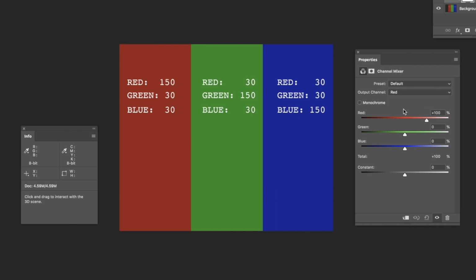So let's keep this in mind. When you're in the red output channel, you are affecting only the red values, but how they are affected in the mostly reddish area of your image, the mostly greenish, or the mostly bluish area of your image. So let's go ahead and adjust the red pixels only in the reddish area of the image and see what happens. As you can see, what's happening is, and forget that part off to the left by the info panel,